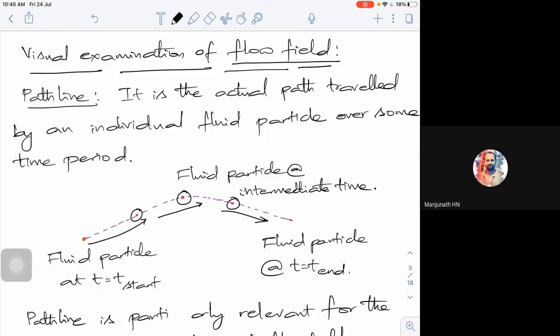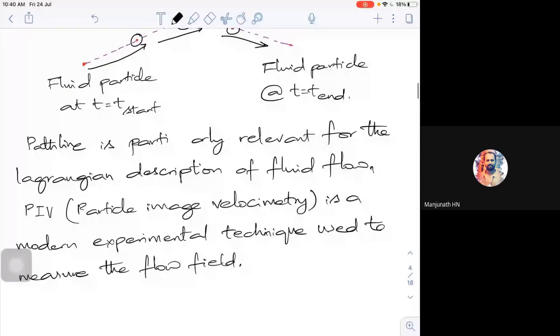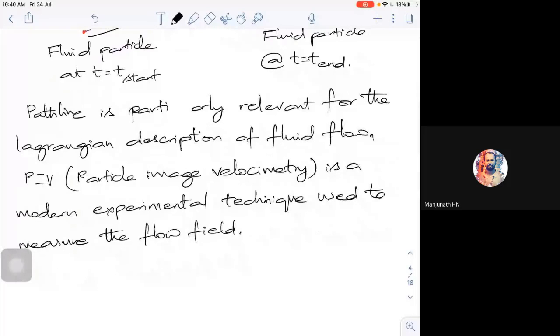But most of the fluid mechanics problems we deal with use the Eulerian approach, where we take up the whole volume. We look at the particles, volume-wise, and try to analyze what's happening. Maybe if you look at PIV, how it works: particle image velocimetry is one experimental technique that uses this Lagrangian description or approach of your path